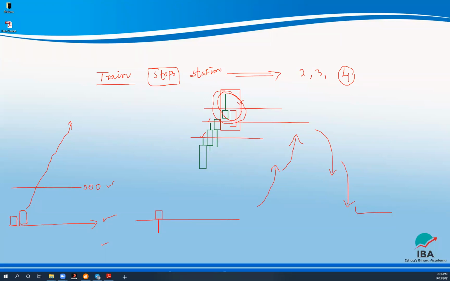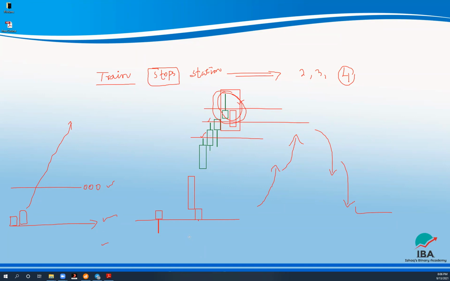From rejection, from opposite, 100% price will move up now. Why? Because price gives you the rejection on the stop, then price will move up. But if there is no rejection, the price came and there is no rejection,